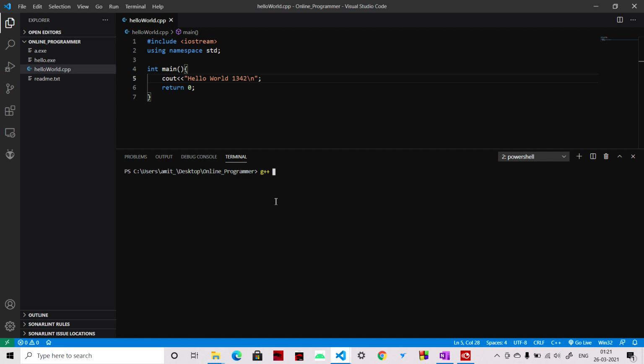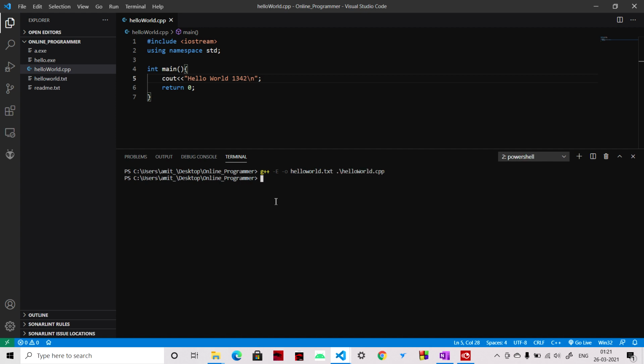So write g++ -e for the expanded version, and we will give a name to the output file. For now we can give hello world.txt, and again we will pass the file hello world.cpp.